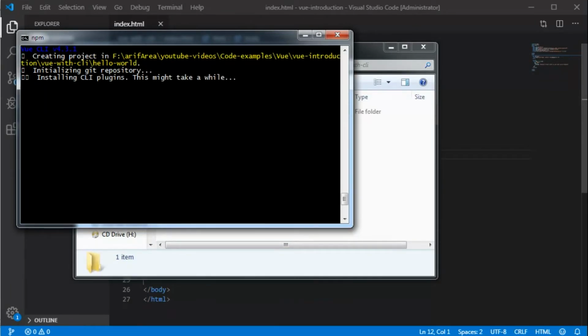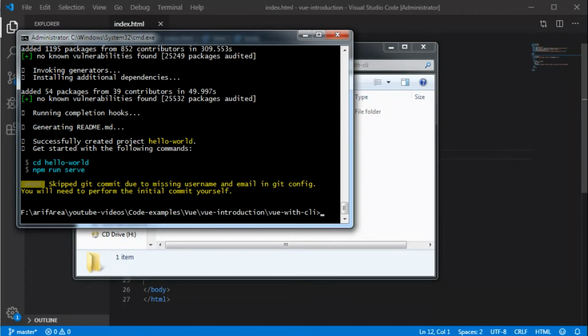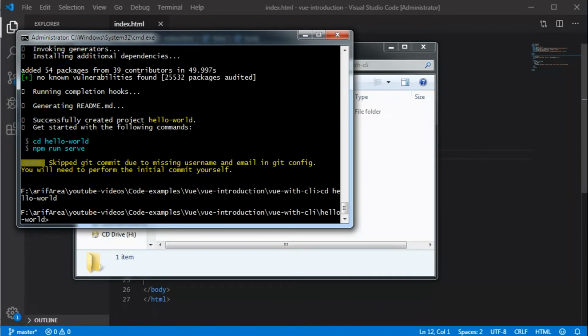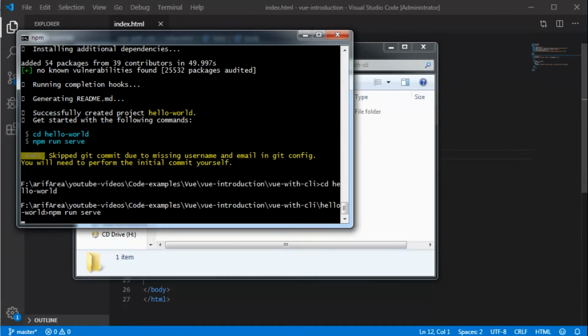We are just selecting the default application setup. We will continue the video once the application is created. Yes, now the application was created successfully. We just navigate inside the application and serve it in the browser. To serve the application in the browser, just use npm run serve.